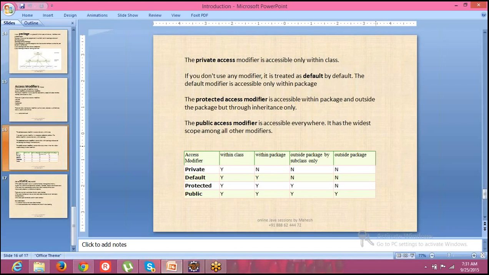So I have a class A inside package AA. That variable I wanted to access in class B, which is from package BB. What is the access modifier I have to use?